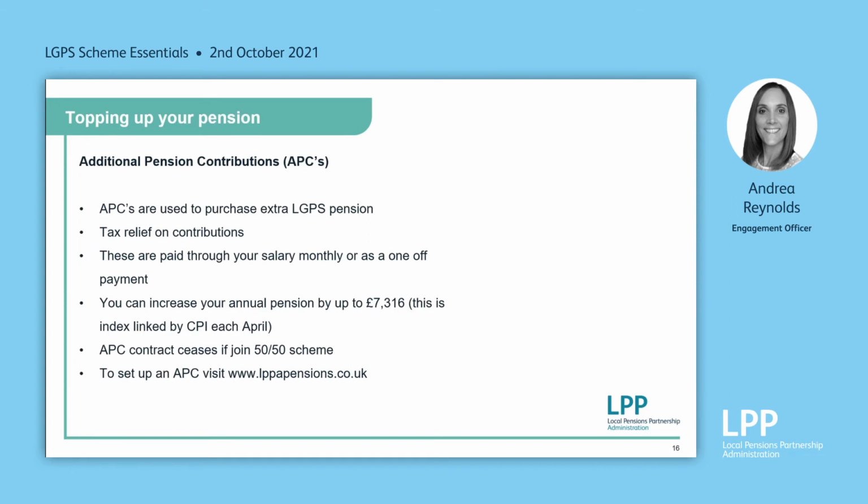The additional pension contributions, known as an APC, are your way to purchase extra LGPS pension. The contributions you make attract tax relief up to 100% of your taxable earnings. You can choose to pay for the extra pension by spreading the payments over a number of complete years or by paying a one-off lump sum. If you are in the main section of the LGPS, you can pay additional contributions to buy up to a maximum of